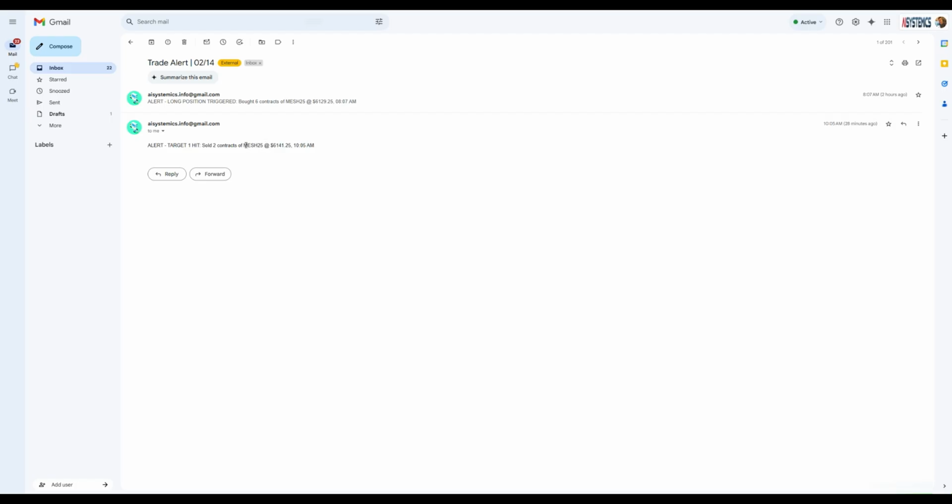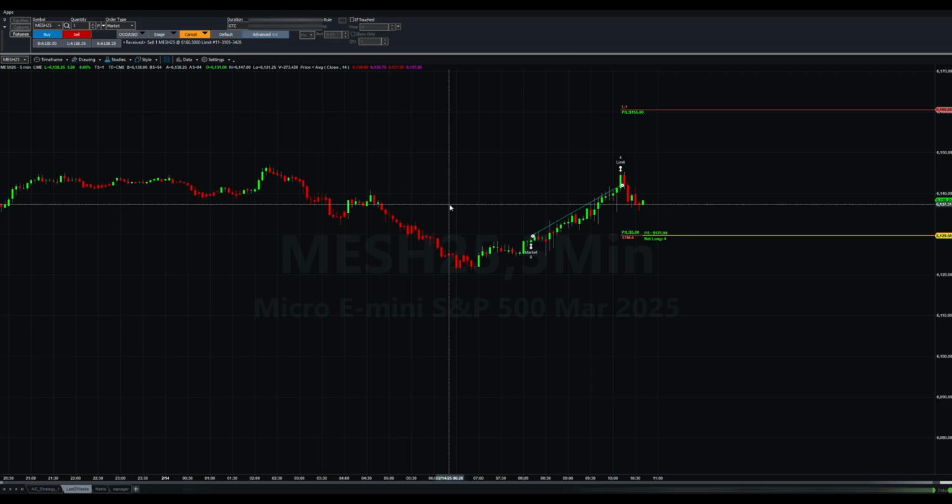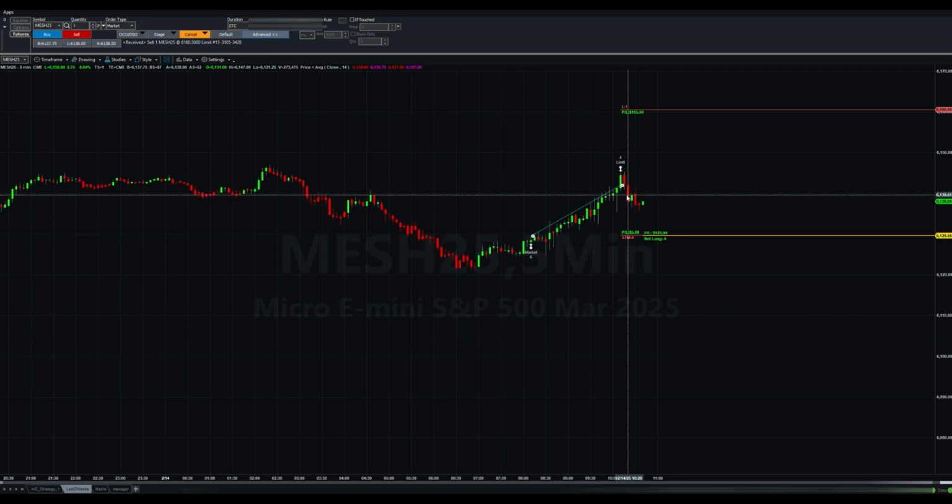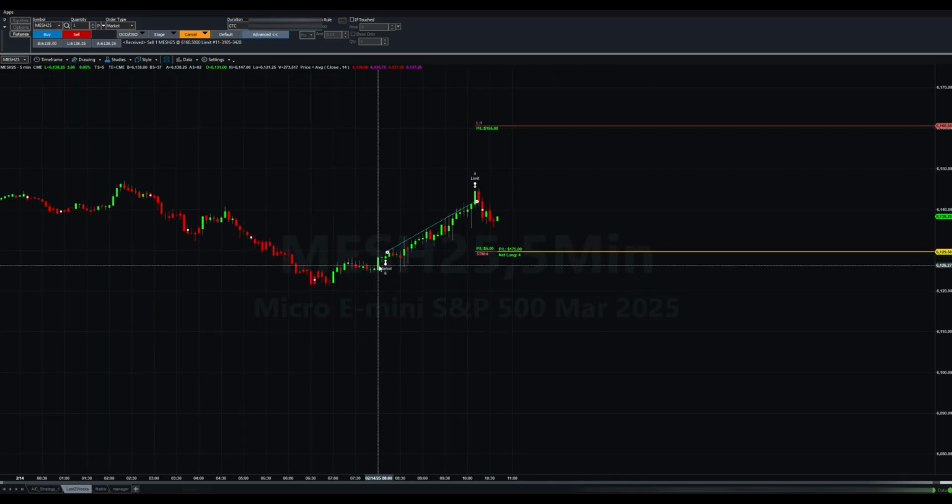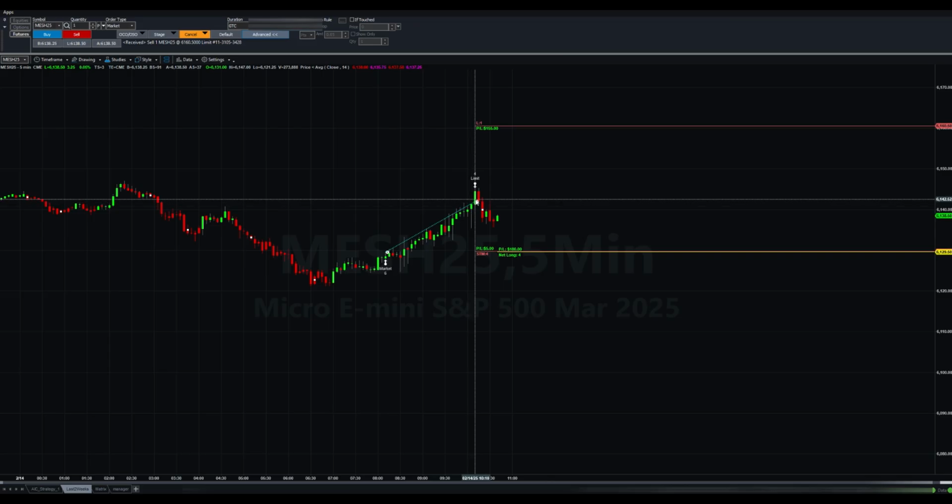That's the contract MES H25. And the price of the first target was set up by the bot at 61.41 with 21 cents, and it was hit at 10:05 Eastern time today, Friday. So great news. I got the alert. Now let's go to the actual desktop to see the trade. So it was placed by the bot here, 61.29, and now it just hit the first target there, 61.41, and